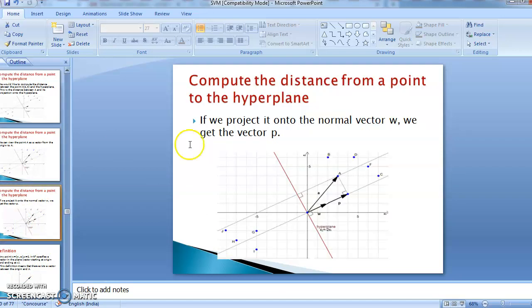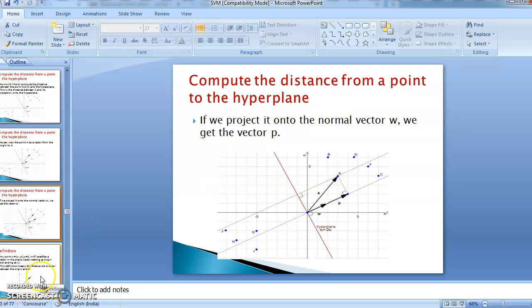So for that, see this diagram which I was explaining. We have defined another vector which is passing through the point A. We are going to find this distance p. As we have seen, the property of vector projections is that they are perpendicular, or normal, to the hyperplane. Similarly, if we project onto the normal vector w, then from that point A we will get the distance p, that is nothing but the margin.